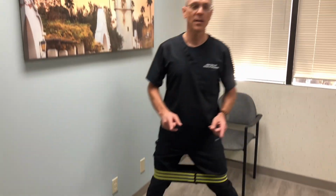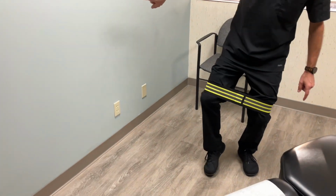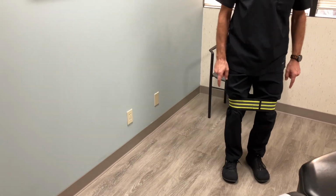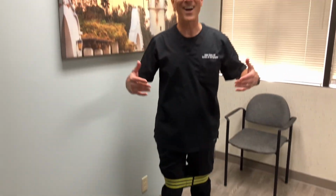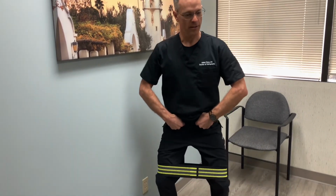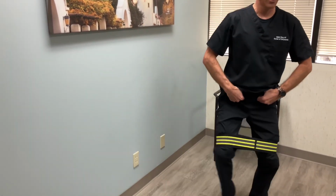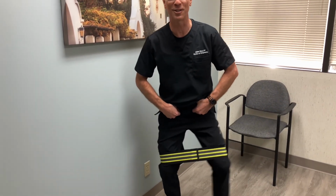Now the key is to make sure that you do this with the knee leading the way. You see how that does? Can you see that? Yes. Okay, so the knee leads it. So in other words, it's not just a junior high dance, but it's a junior high dance cowboy style. So you put your thumbs in your belt buckle, you look like you're on a horse stance, and this is the dance. Now I can't put any cowboy music to this because we'll get demonetized on YouTube, but this is